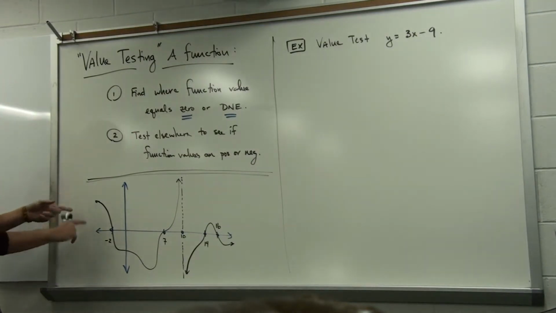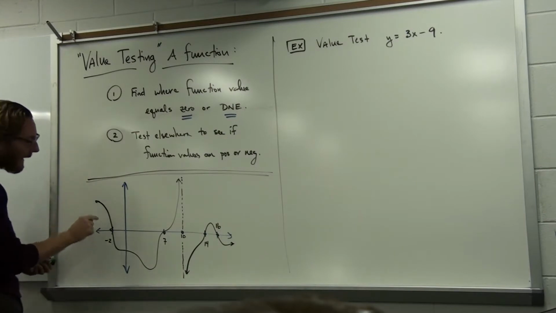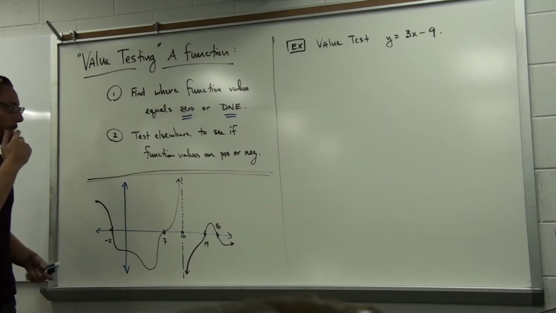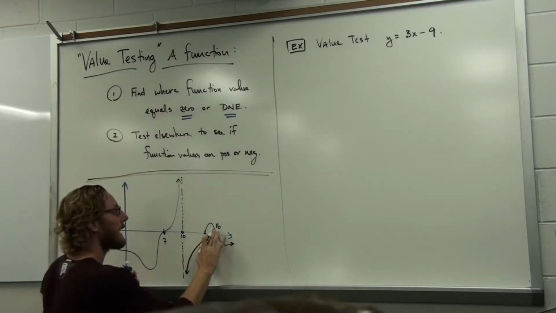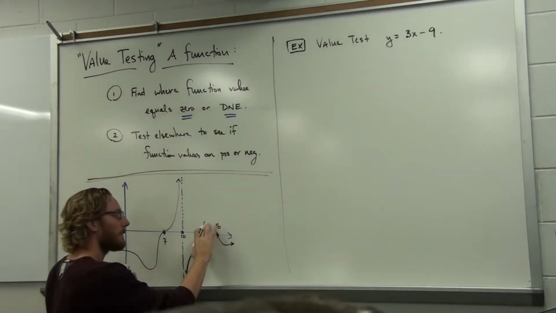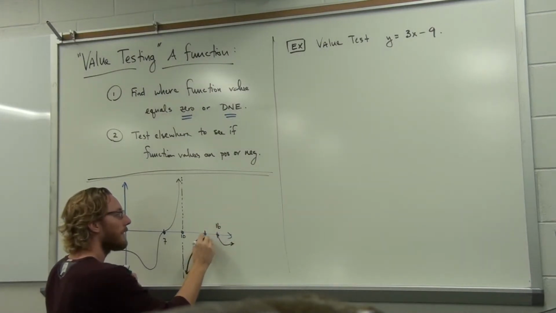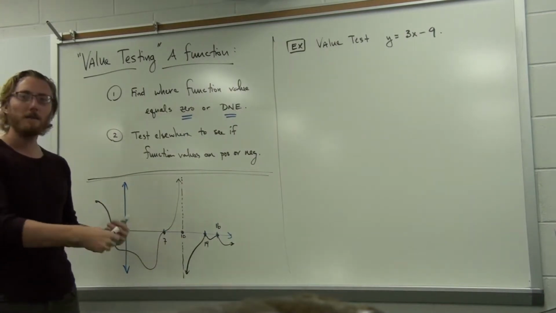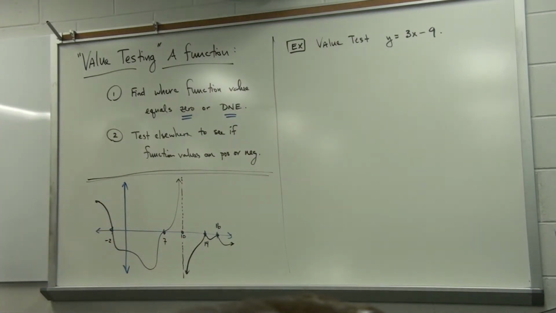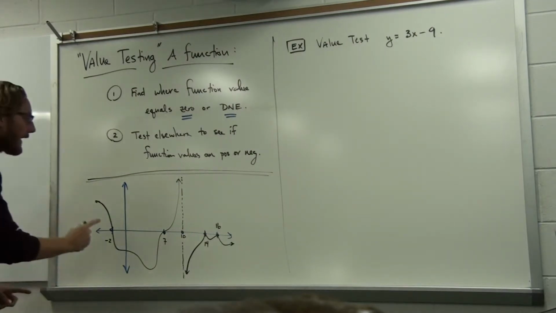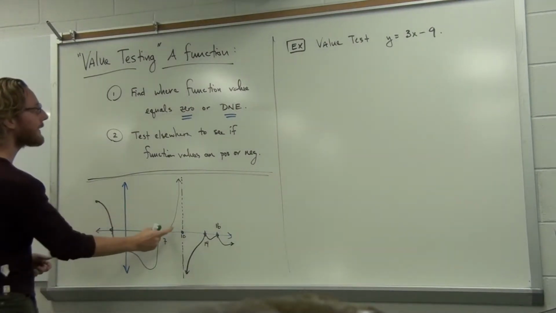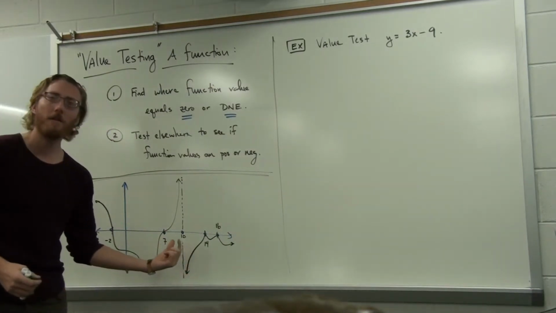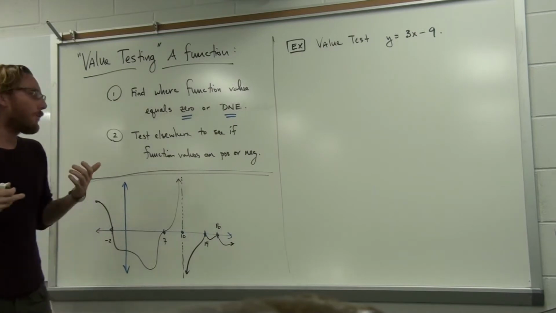Because actually, as I've drawn this function, every time it encounters one of these points, the function is changing value. But if you think about it, that wouldn't necessarily have to be the case. What if I just erase this piece above here, and then draw the function doing something like so? Here the function is still striking the axis, but it's actually not changing sign. But the long story short is, if we test between these points where the function value is 0 and the function value doesn't exist, we can have an idea for whether the function is above the axis or below the axis,